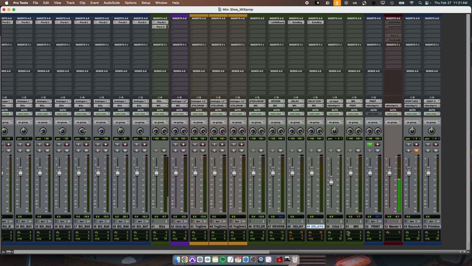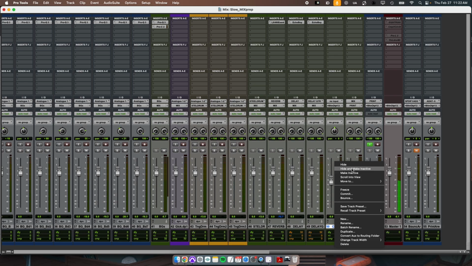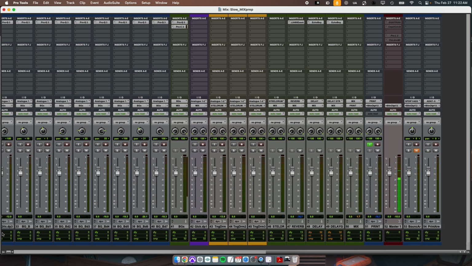Another thing you'll notice is my click track is going straight out my speakers. It's not going to my print track. That way I never make a mistake and accidentally include the click in the print. However, I don't think I need to have the click track for the mix, so I'll go ahead and get rid of it. And if I want to keep it, perhaps I have special settings on there that I like, I can right click and just say hide and make inactive. When I hide it and make it inactive,